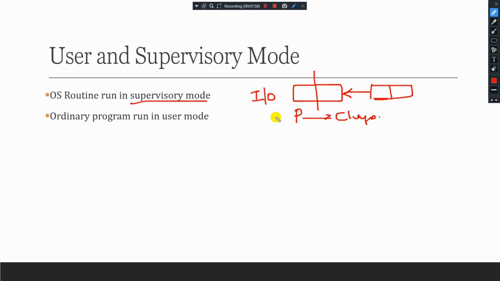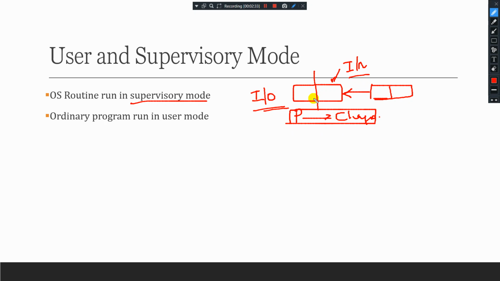So what is supervisory mode? In supervisory mode, we can perform I/O operations, along with interrupt operations. These interrupts can be enabled, disabled, as well as returned. And we can also have instructions to change processor modes. When the processor is changing from one mode to another, we can access it and change the instruction set of the particular mode.